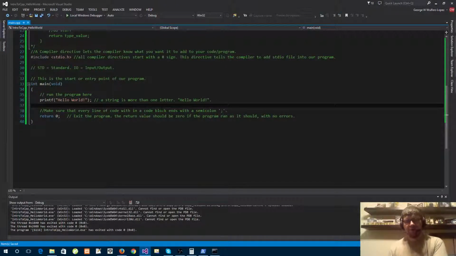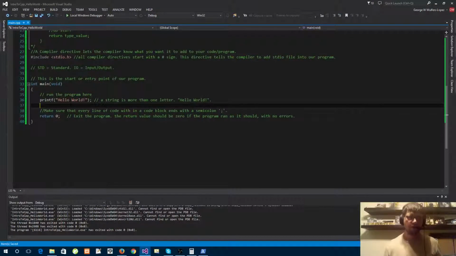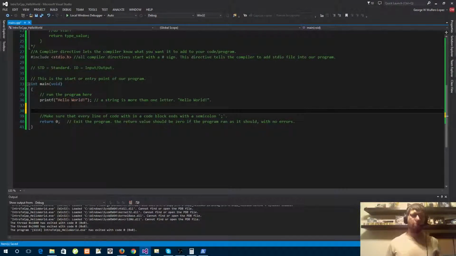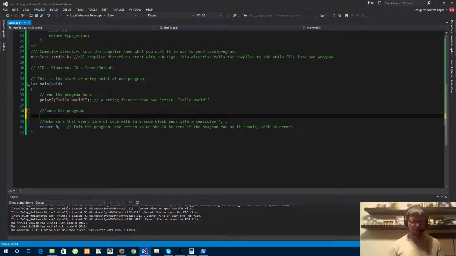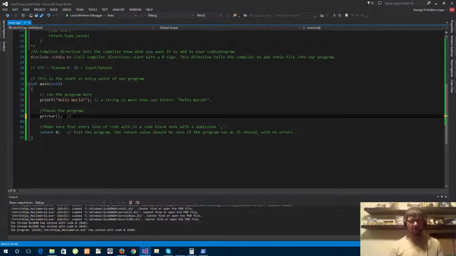So what we want to do in here, so we don't have to always go into here, just type exit to exit out of that, or close it by clicking on the X. Now we want to pause the program. One way we can do this is by calling a function that's called getchar(); Okay,